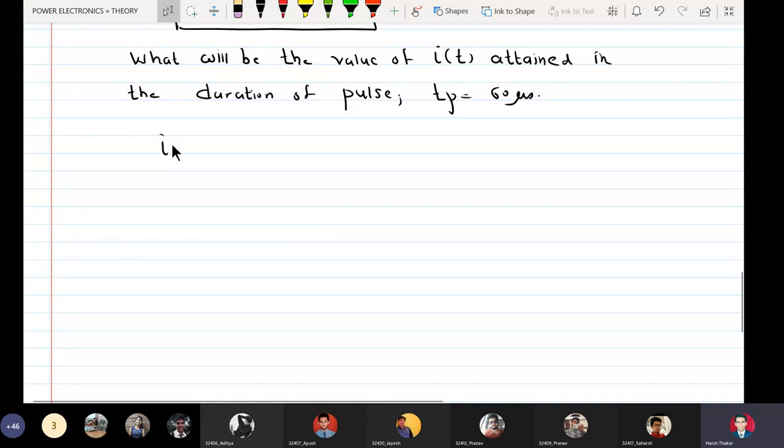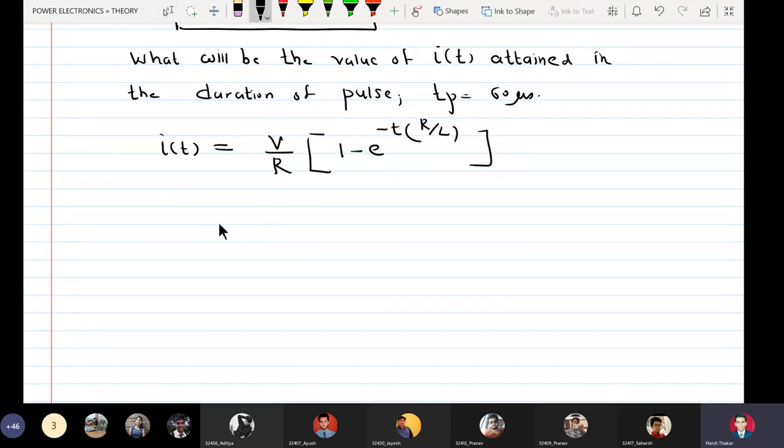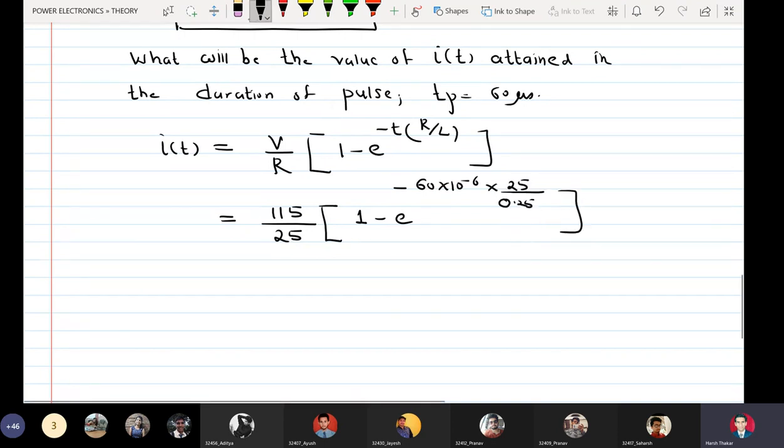We know that in an inductive circuit i of t is V over R times 1 minus e raised to minus R over L times t. So the voltage is 115 upon resistance 25, and we have 1 minus e raised to minus 60 microseconds into 25 over 0.25,